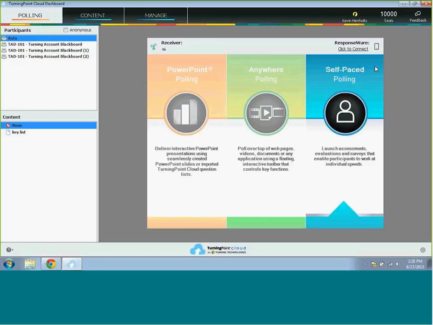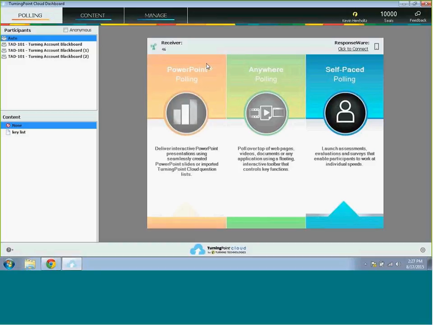And then the final thing is a nice assessment tool called self-paced polling. Self-paced polling allows individuals to still have a hard copy of the test. But instead of using a pen or a pencil to take the test, they would instead use one of our response cards to proceed through every element of that test. So it is self-paced. Duncan might be on question 2, maybe might be on question 5. I may not have even started the test yet.